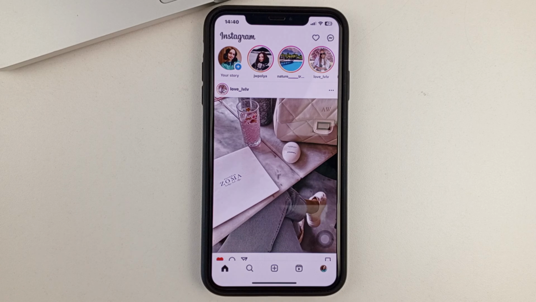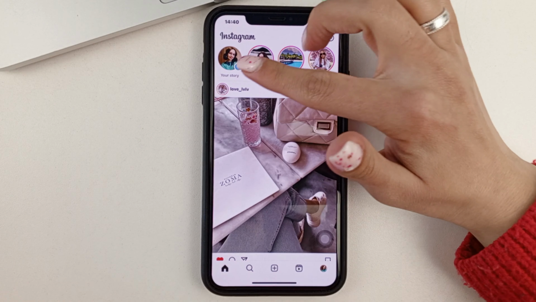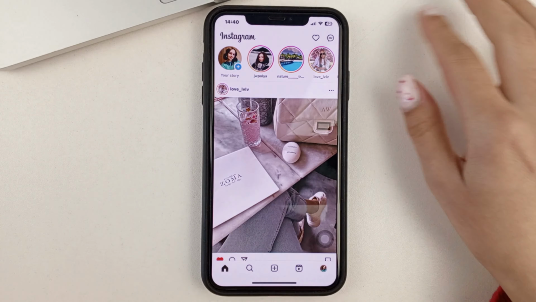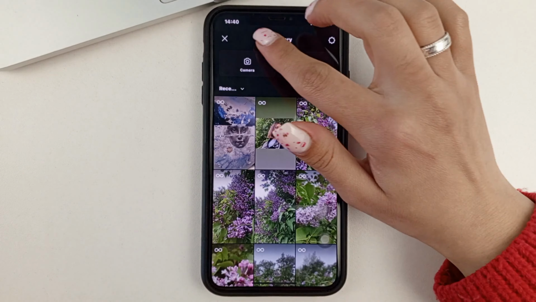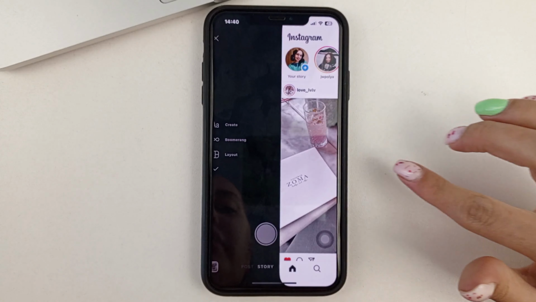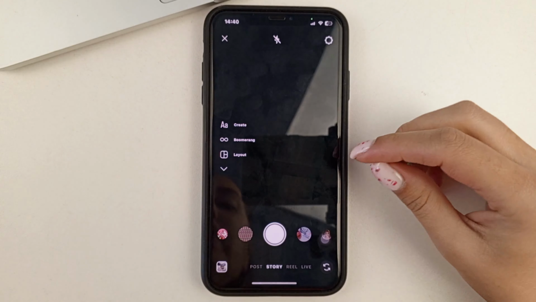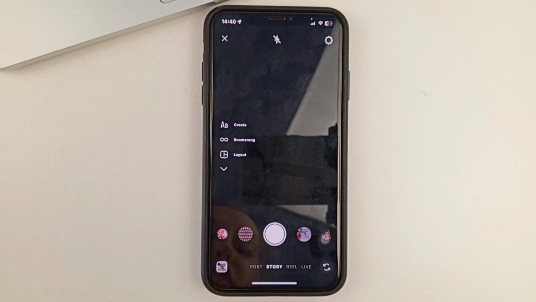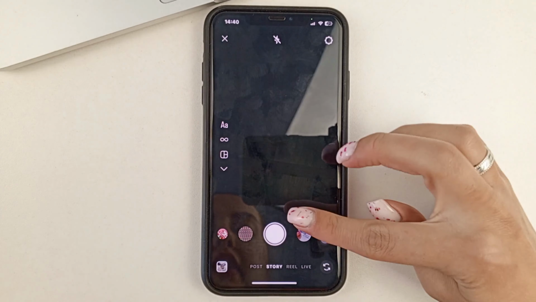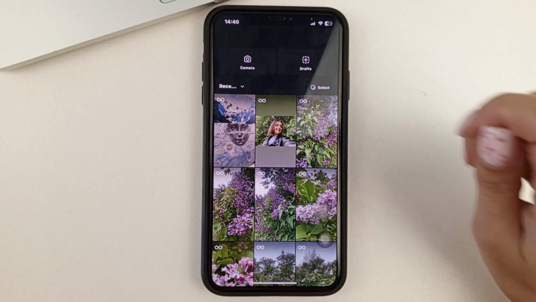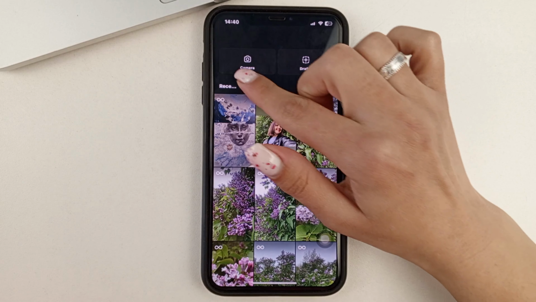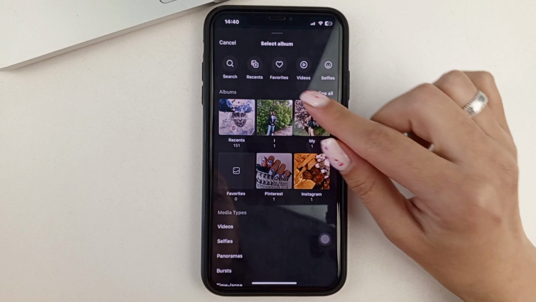Let's get to our topic. So, you start, of course, by opening the Instagram app. Then, at the top on the main page where your image is, you can click on it, or you can just drag to the right side of the screen to go to your story settings. This is where you swipe up, and in that corner, you tap.